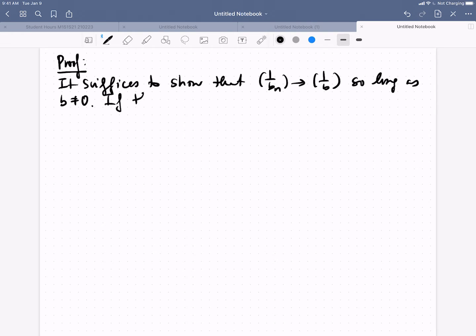If this is true, then by part 3 of the algebraic limit theorem, which talks about the limit of the product of sequences, we can conclude